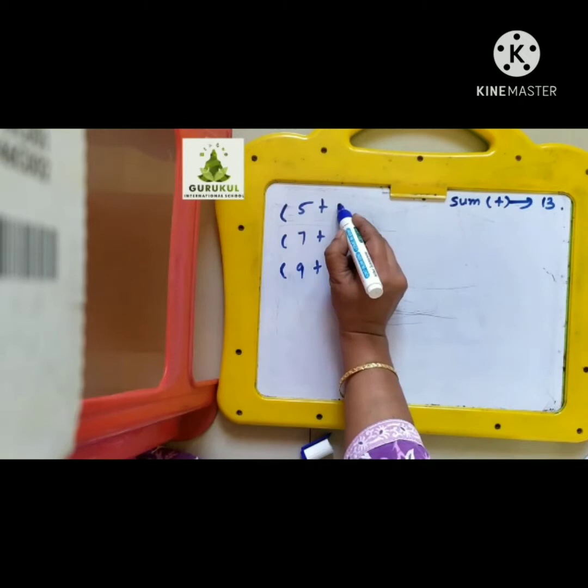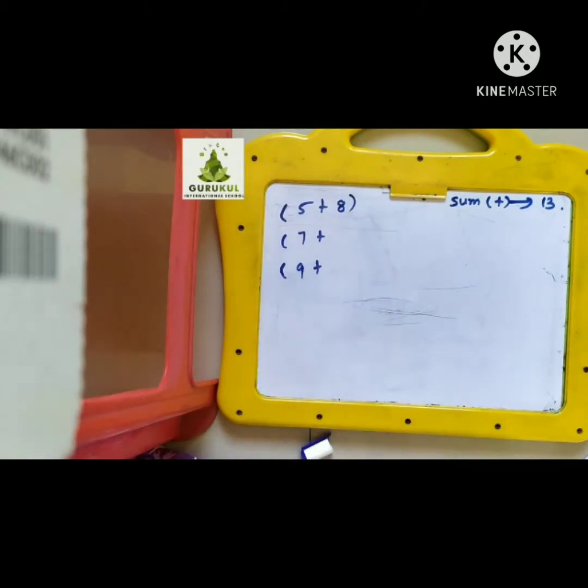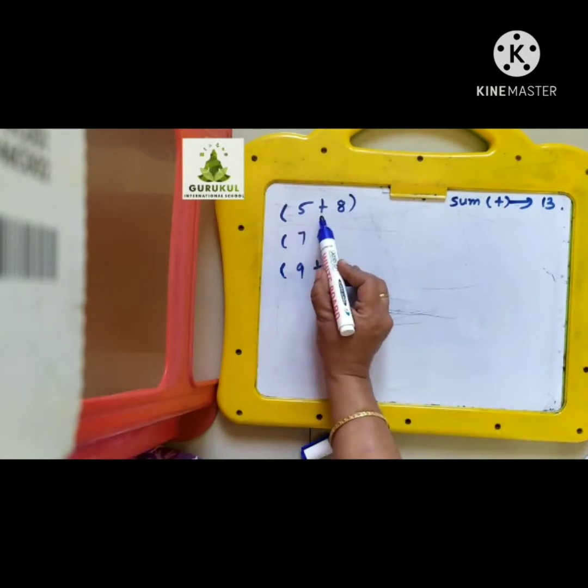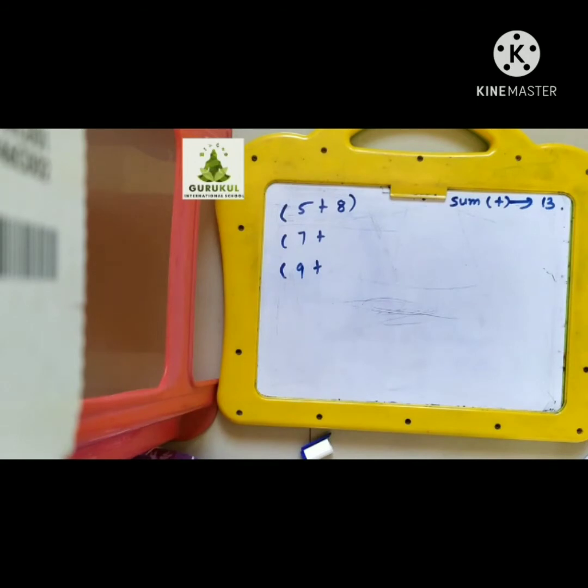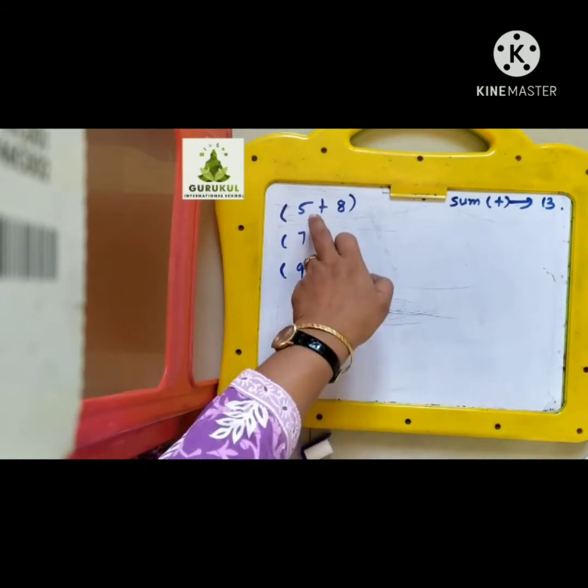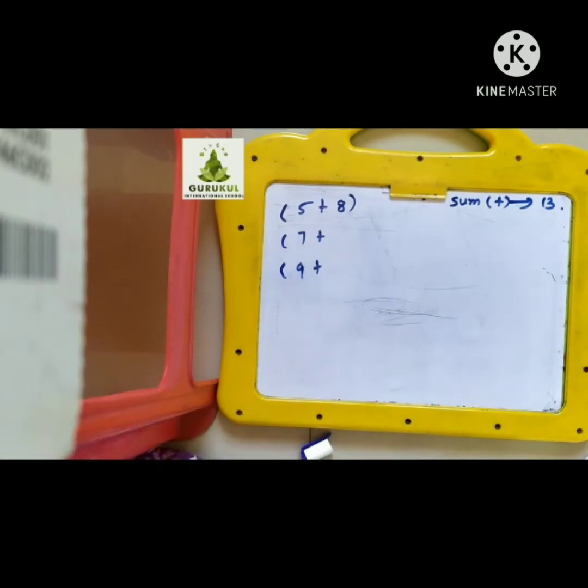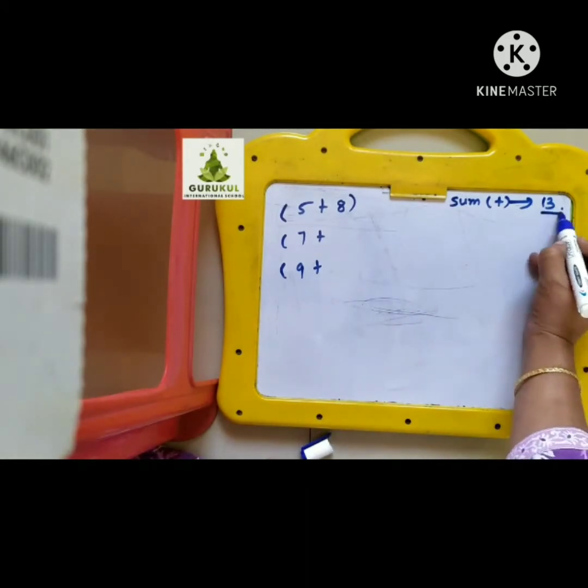I get 5 plus 8. So my first expression became 5 plus 8. Okay. See how to decide an expression. If you want to make your own expression, what you do is you decide your own numbers. Decide your one number and put plus. Then you have your final answer with you.